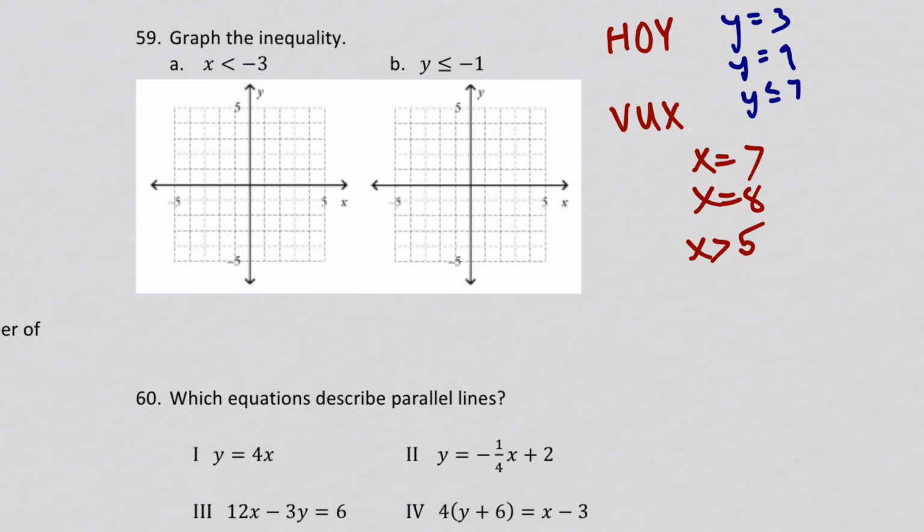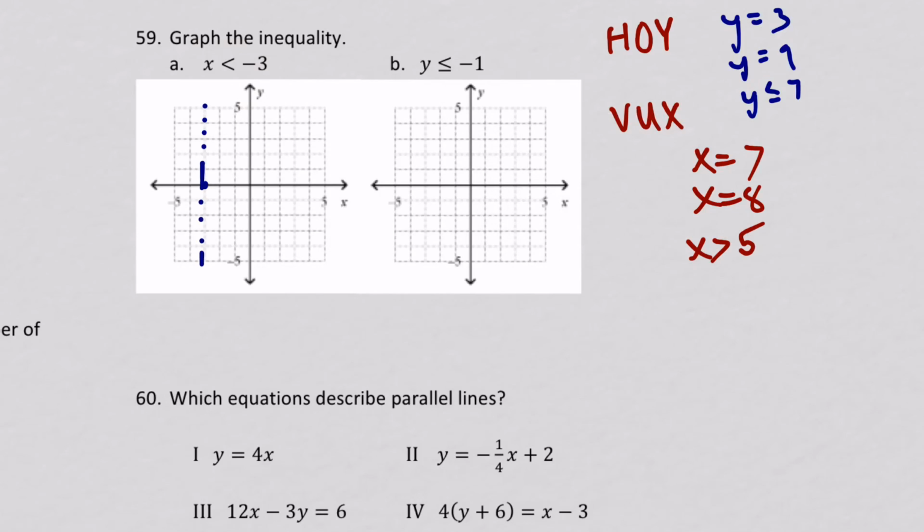In 59 part A, it says x is less than negative 3. According to this, x means a vertical line, which has a slope which is undefined. So what you're going to do is on the x-axis, find negative 3 right there, and then just draw a vertical line. Before you draw it, check, is it supposed to be solid or dashed, because we still have to worry about that. This one does not have the equal sign, so it's dashed,